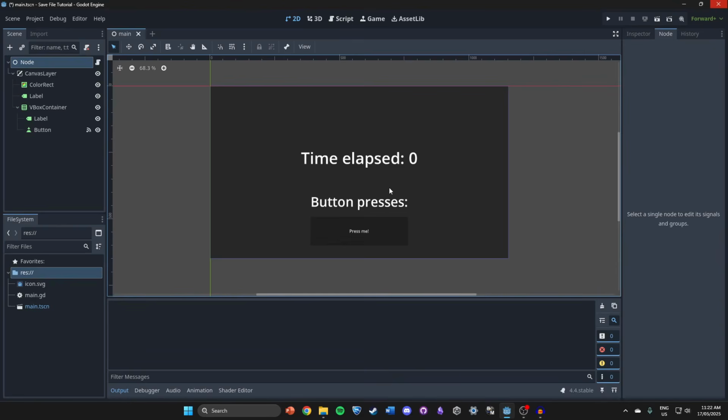Hey everyone, welcome to a tutorial on how to save your game in Godot and set up a save file